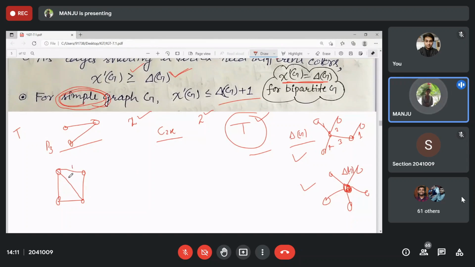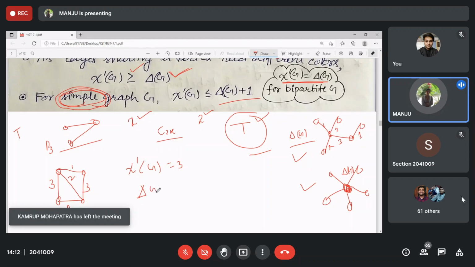Three. 1, 2, 3. Then this 3 and 2 are colored 1, that is, adjacent to this one, so we can use 1 here, 1 and 2 again 1, so 3. Chromatic index is the minimum number of colors in a proper edge coloring, so for the kite it is 3. What about maximum degree? Also 3, right?